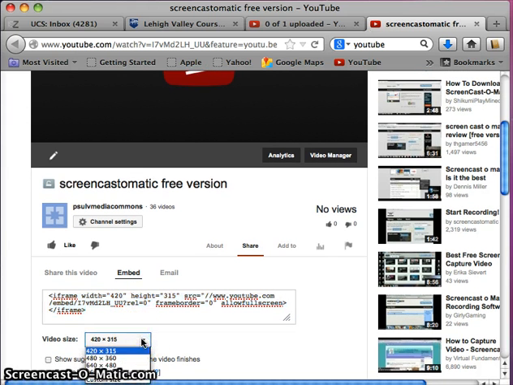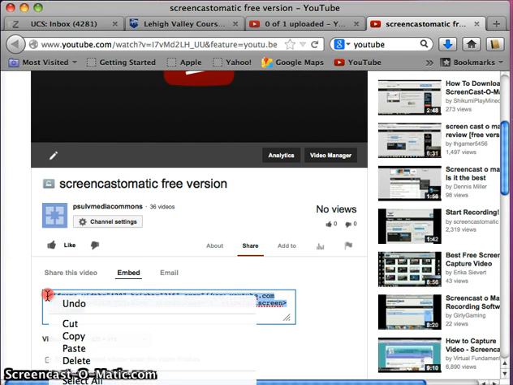I can change the size that I select for students to see. I think having the small size is good. And then I want to be sure, by default, this will be checked, show suggested videos when video finishes. I want to uncheck that because I only want my lecture content to be available to the students in Angel. So I'm going to copy